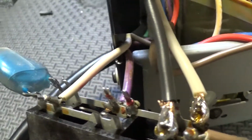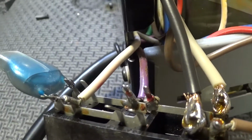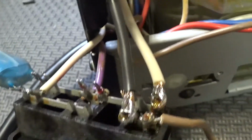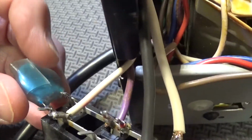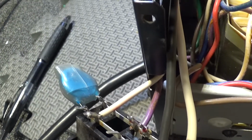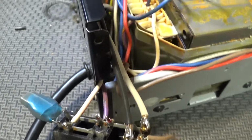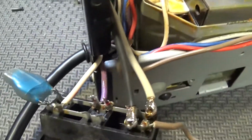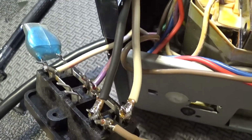And I managed to salvage that 0.01 microfarad capacitor. Even though I cut his little jacket off, I managed to put it back on. I'll probably put a little glue there to hold it. I imagine that jacket is for safety in the event that there's an arcing or a shorting of it. It would contain maybe some of the zap, considering that that's placed directly across the 120 volt between the hot and the neutral,